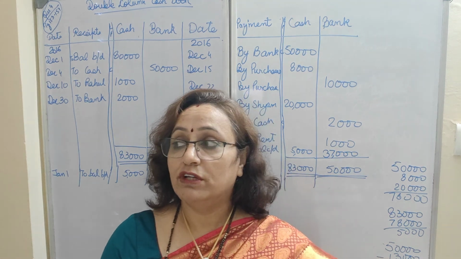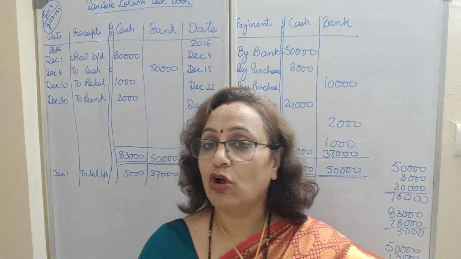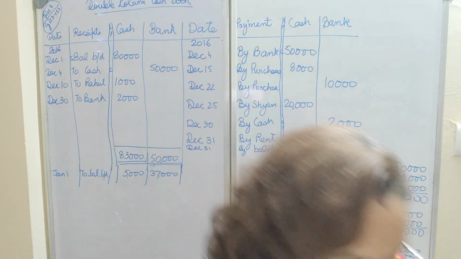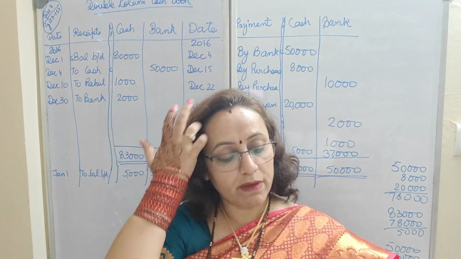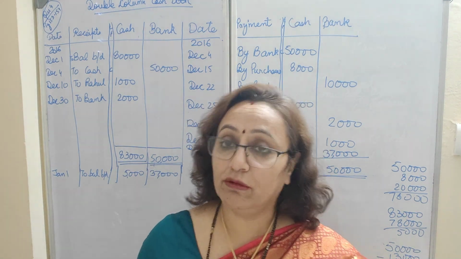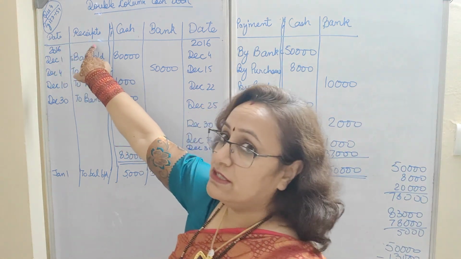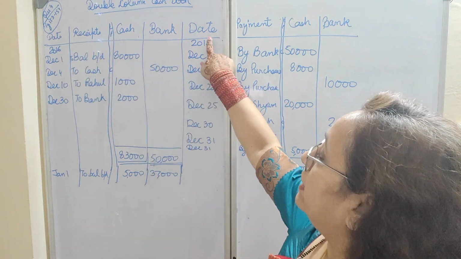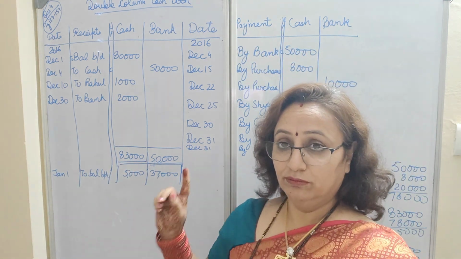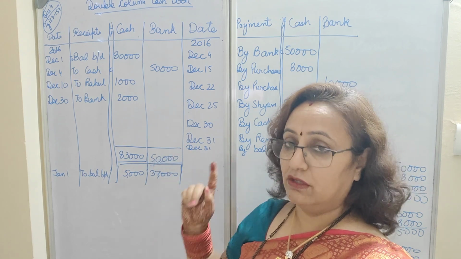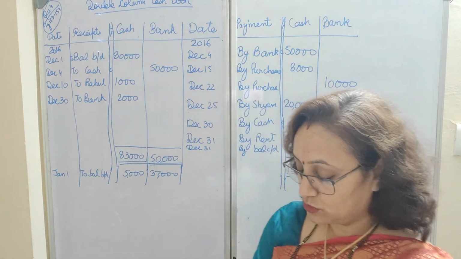Okay, so we will carry on with our topic which we were doing in the last video, that is single column cash book. We have done 3 questions which are given in your book. We are on the 4th question today. The 4th question is bank column cash book, or we say it as double column cash book. Let us again see the format once. First column is date, then receipt, then cash, bank, then date, payment, cash, bank. I have used both the boards to make the format because it is a bit big. If you want, you can make it horizontally in your notebook. Okay, so let us start the question quickly.